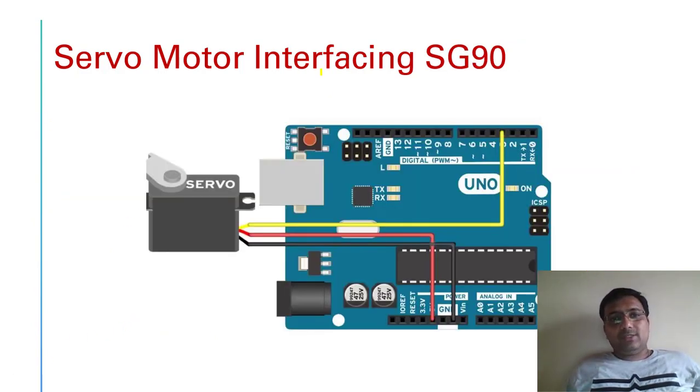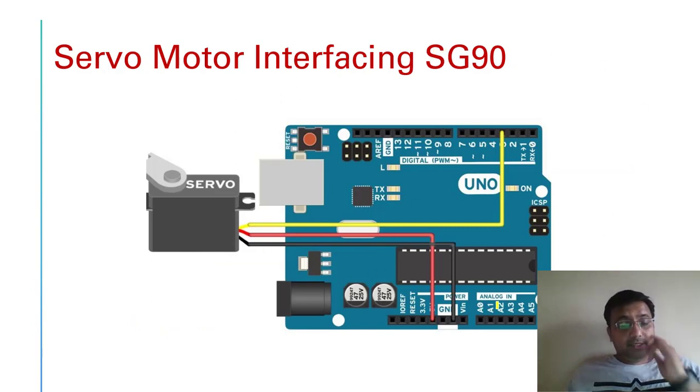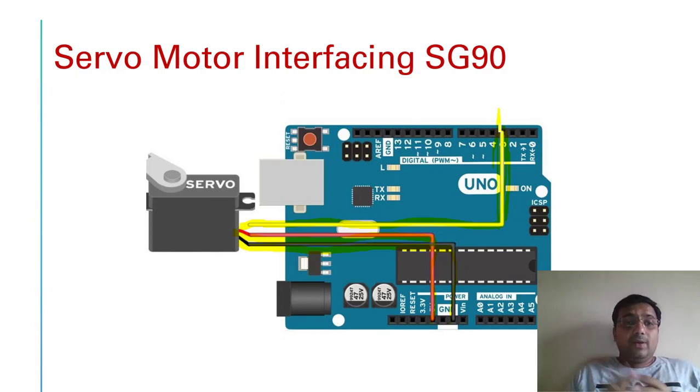Next, how are you going to interface the servo motor SG90 with Arduino. Here is the schematic diagram for interfacing the servo motor. Here it is VCC. This VCC line is connected to the red color wire. Ground is connected to ground, and then the yellow line is the data line, and this data line is connected to pin number 3. We need to tell in the code that we have used the third pin for the signal of the servo motor.